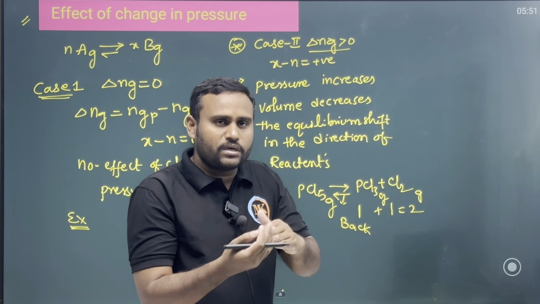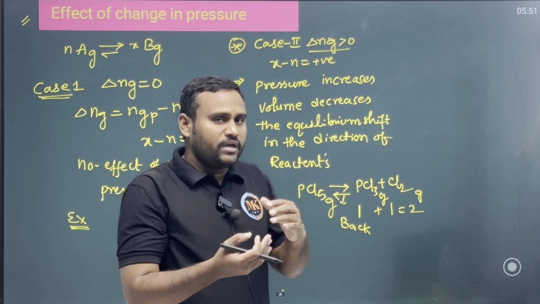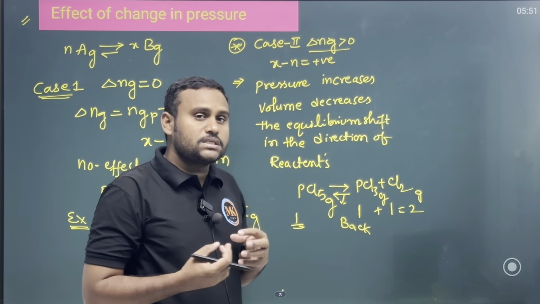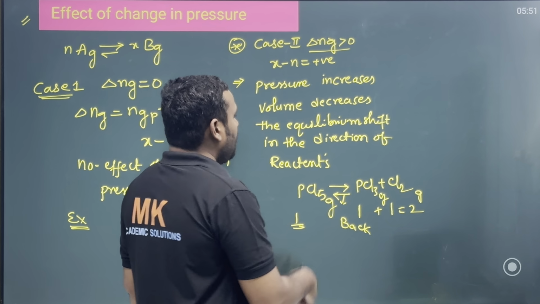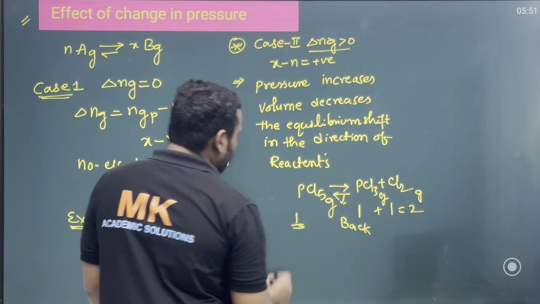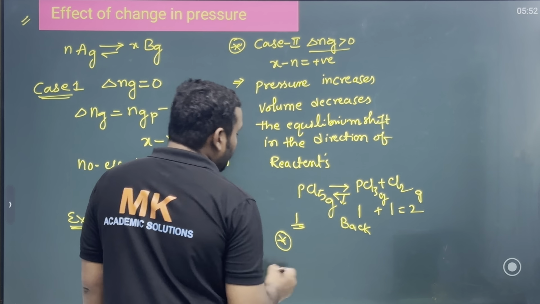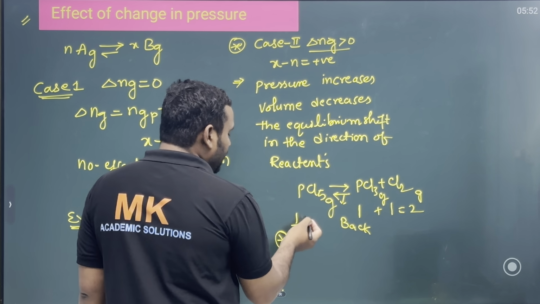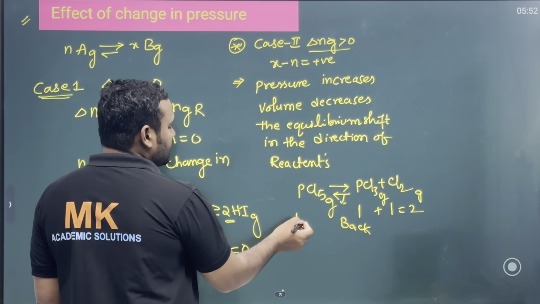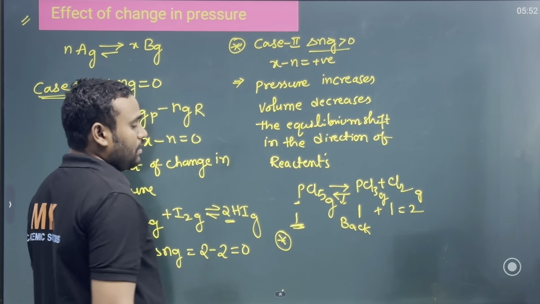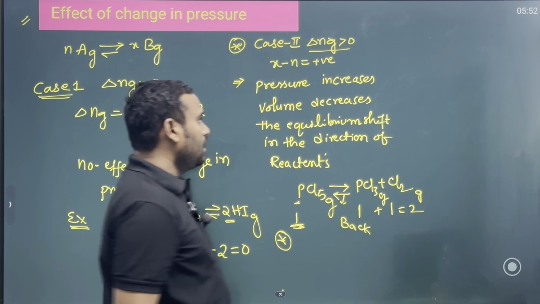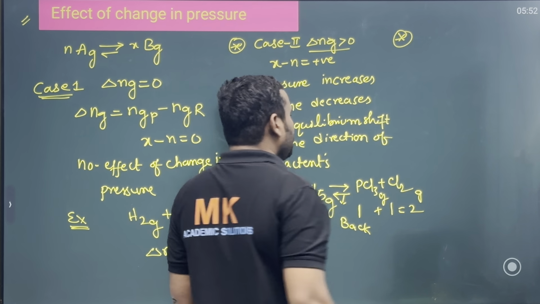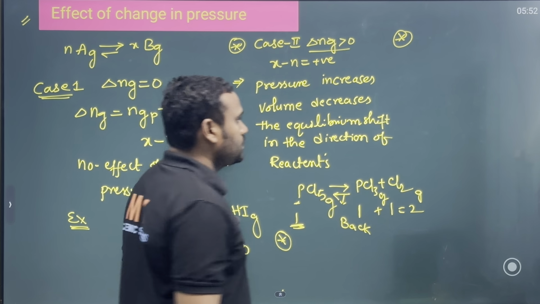Equilibrium shifts in the direction where it is having less number of moles. So in this direction, if pressure is increased, it means the equilibrium shifts into the reactant side. Why? Because the reactants are having less number of moles. In the same manner, if pressure is going to be decreased,